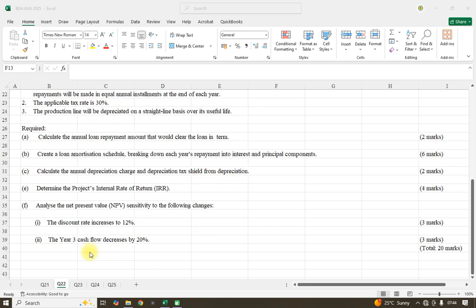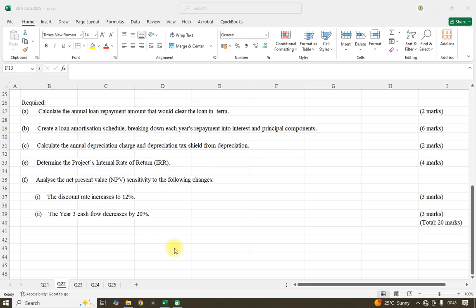The discount rate increases to 12% and year 3 cash flow decreases by 20%. So we need to do the sensitivity for that. So we shall start with the first one, where we need to calculate